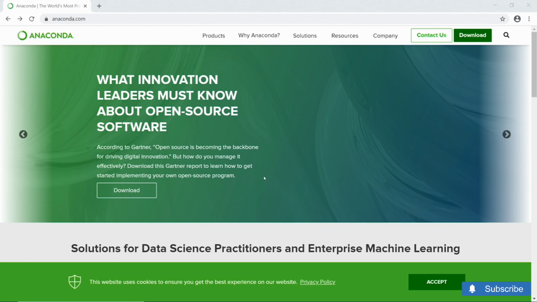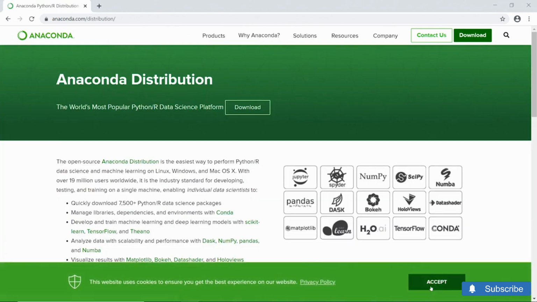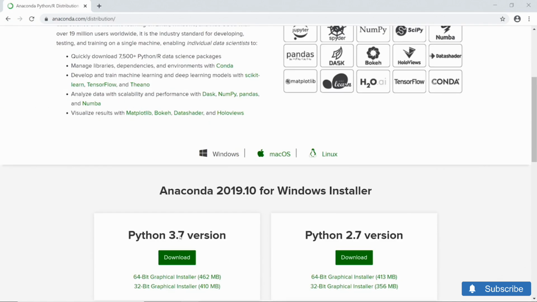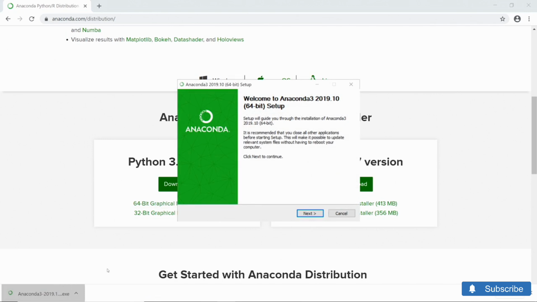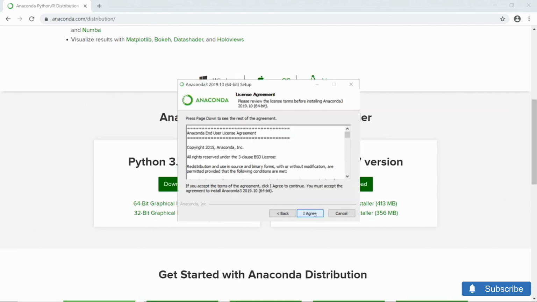Otherwise, I suggest you follow me and install the free Anaconda Python distribution, which includes everything that we need. To install, we go to the anaconda.com website, we find the download link on the top, verify that we have the right platform, and then download the 64-bit graphical installer. This is currently at version 3.7, but any later version will also work fine. Once the download has completed, we click on the installer and proceed through the installation. This requires a few clicks.